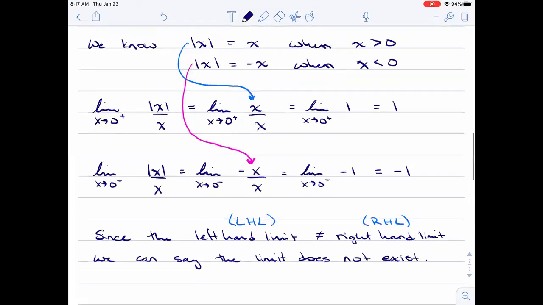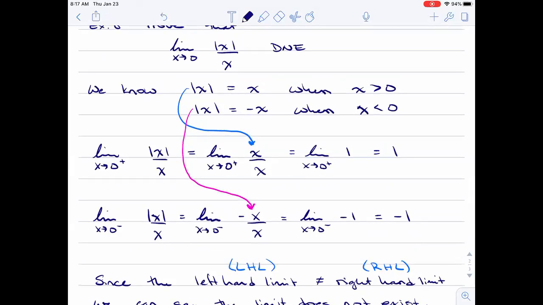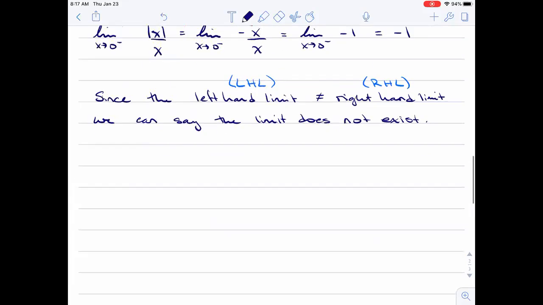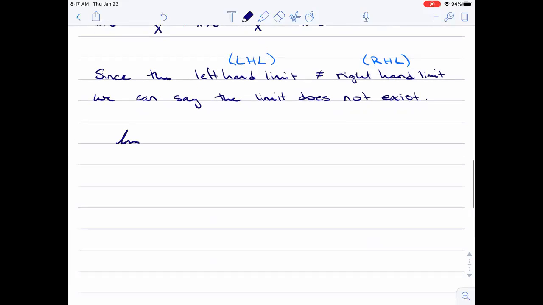This applies for any absolute value over the thing that's inside the absolute value. So even if we looked at something like the limit as x approaches,